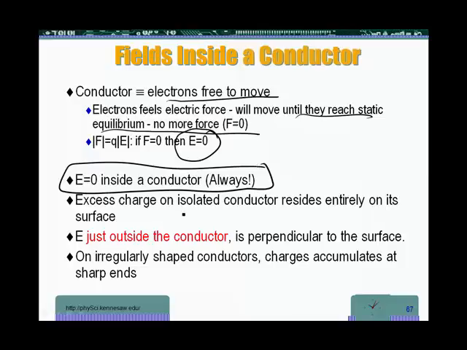Now, excess charge on an isolated conductor: whenever we add charges on an isolated conductor, they will reside entirely on the surface. Another thing that's important, just outside the conductor, the electrical field is perpendicular to the surface. Just outside; the minute you go further away from the surface, it becomes more complicated. Now, on irregularly shaped conductors, charges accumulate at sharper ends. We have a bigger charge buildup at the sharp